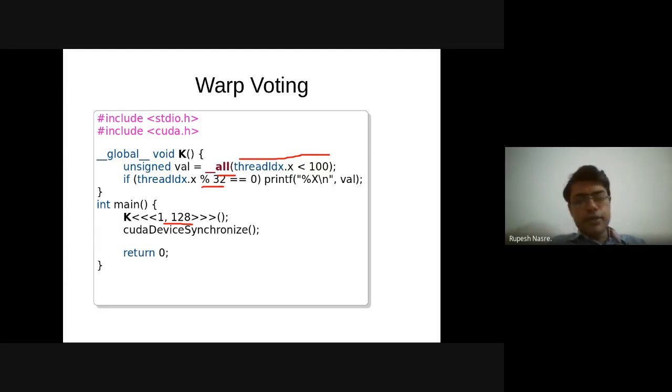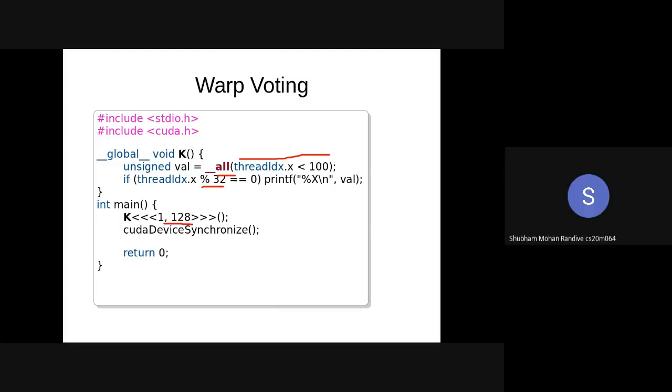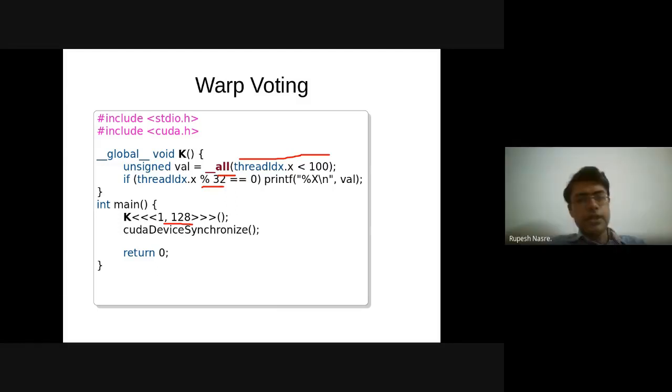Okay, but anyway, what will be printed by warp 0 or thread 0? One. Okay, right. So we are going to see that all the warp threads are going to satisfy this condition. So __all is going to be true for all the warp threads of warp 0, warp 1, warp 2. And therefore they all should return 1.